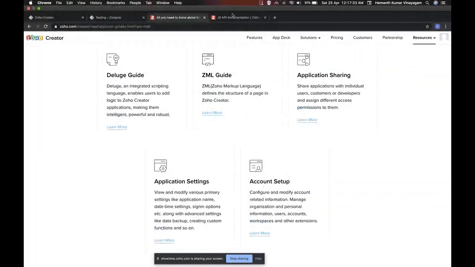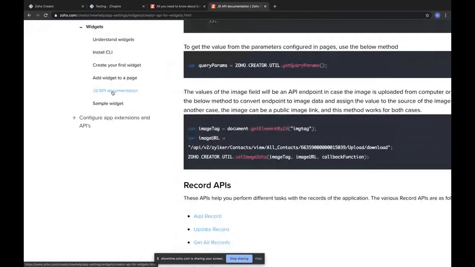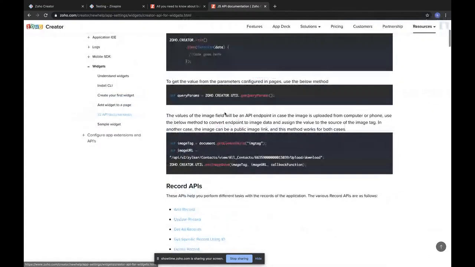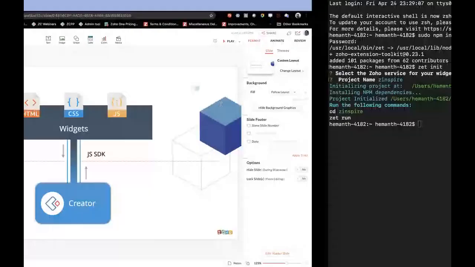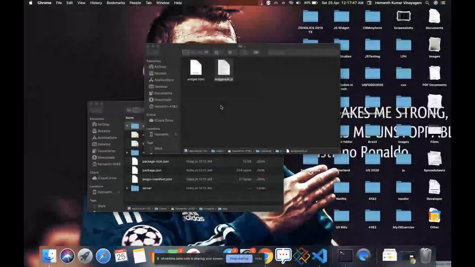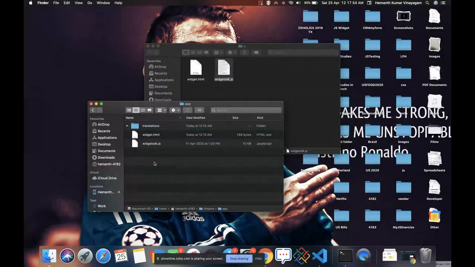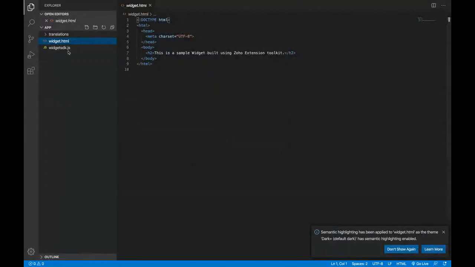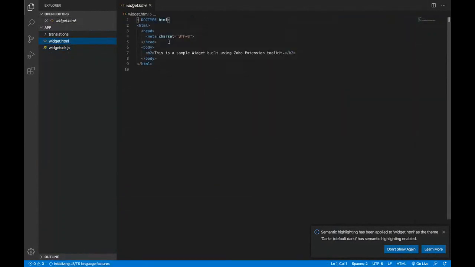When we go to our tech articles, we have updated our tech article row here. And when we go to the JS API documentation, you'll have the option to download the SDK file. So we just have to copy the SDK file and add it to the app folder, and it'll be displayed here as well. So the first thing that we'll have to do is